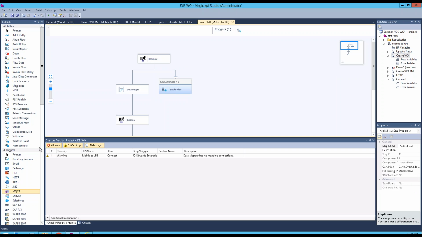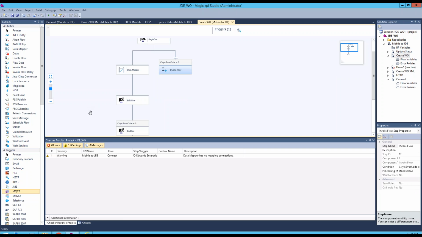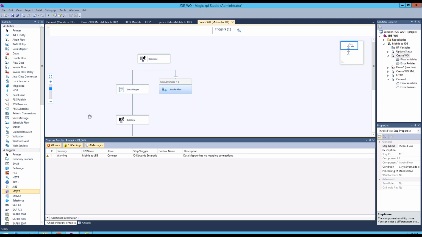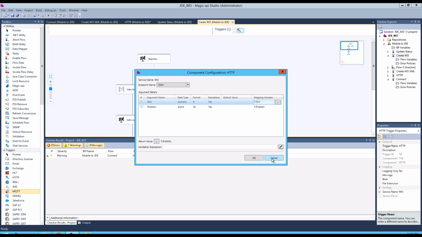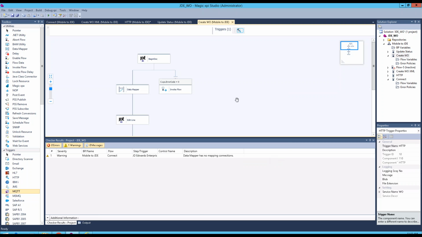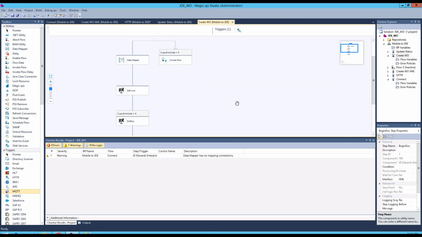Okay. So here we have our flow component steps, and it's a drag, drop, and configure interface. Just to quickly go over a high-level view, the application we had prior to implementing any IoT functionality simply took in a work order and created it in JDE. Here we have an HTTP service step where our mobile application called it and passed it some information, and we have our JDE steps, where inside of JDE it begins to document, creates the work order in JDE, and then ends it. When it comes to XPI,